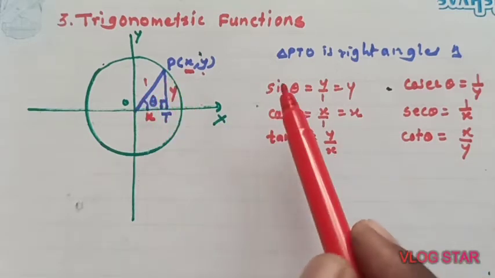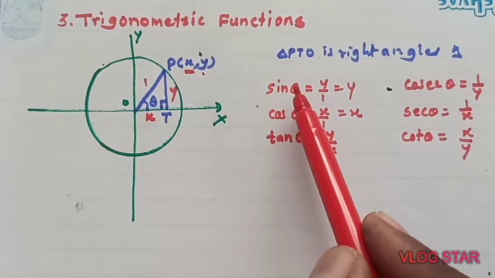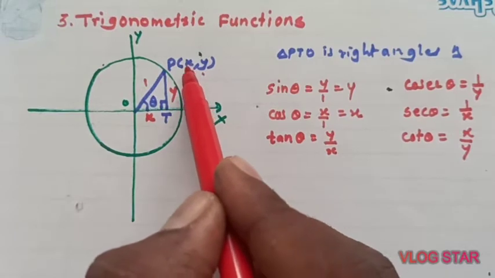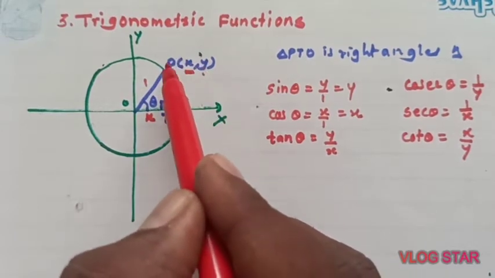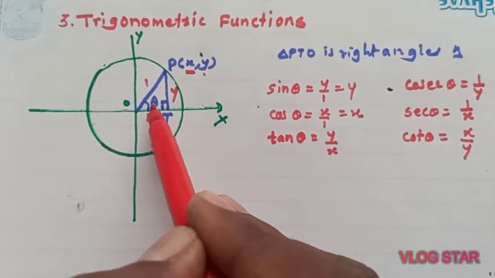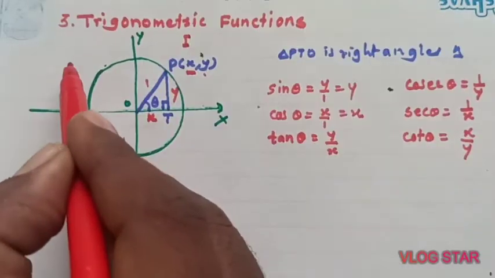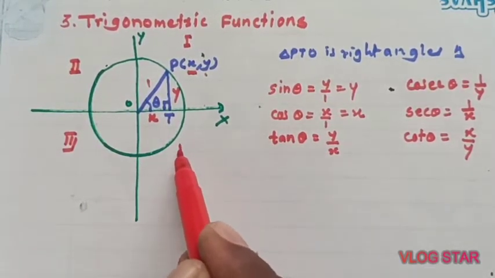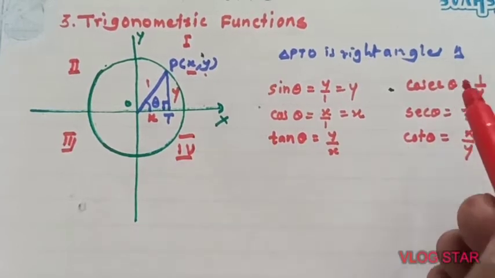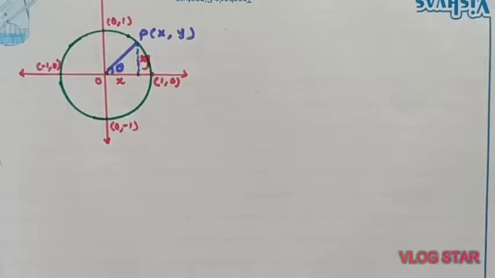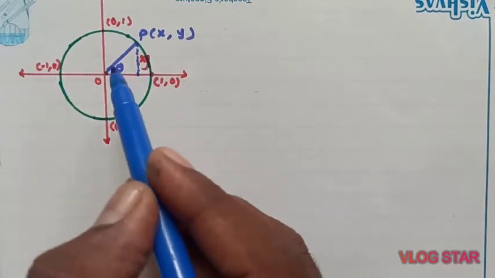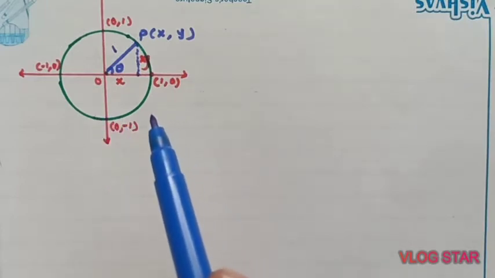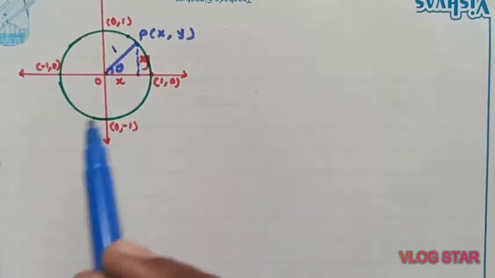Even the sign of the value of sine theta, whether the answer is positive or negative, also matters, and that depends on x and y. It means where P lies, where the angle lies, in the first quadrant or second quadrant or third quadrant or fourth, and depending on that your answer is either positive or negative. This is a standard unit circle having radius 1, and we can verify all the trigonometric functions' properties or relations with the help of the standard unit circle.